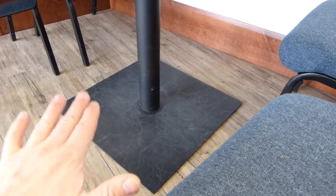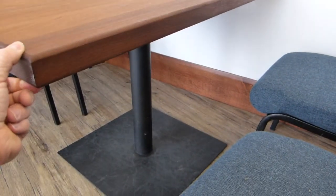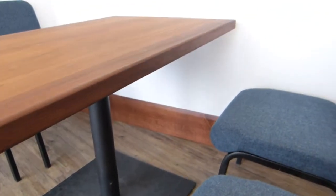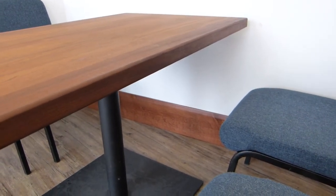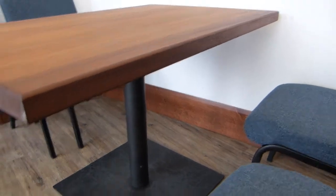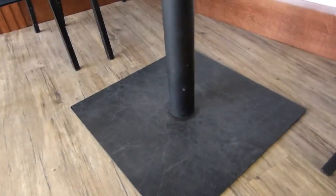I'm sure they ground it flat, that's one thing. However, the tables still wobble significantly, like so. Now, unless you enjoy spilling coffee or whatever on yourself or on the table every time you sit down, this is not really practical. So the reason for this fail is, and I'm going to come down to the floor